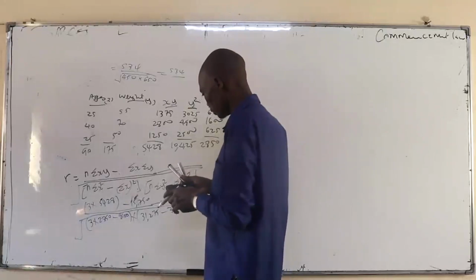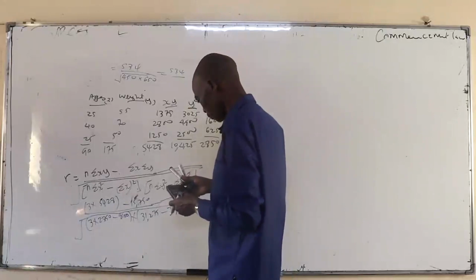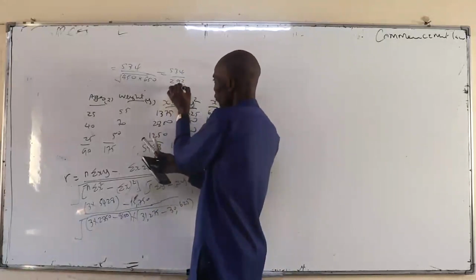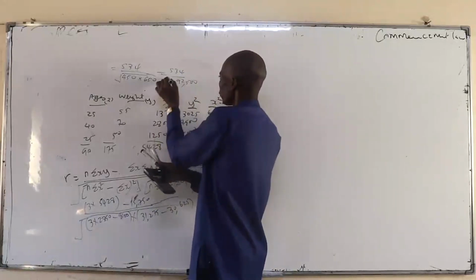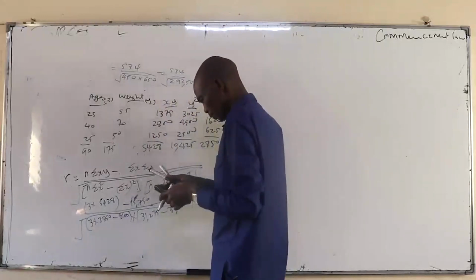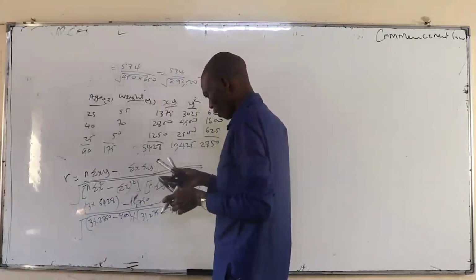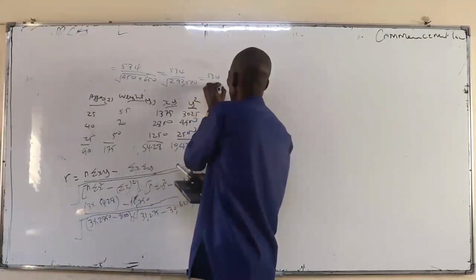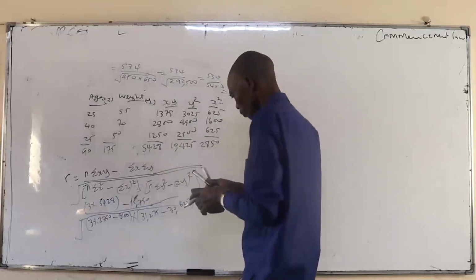So just a minute. This 450 times 650 is supposed to be 292,500. You get the square root of that, which gives you 540.8. So if you divide 534 by